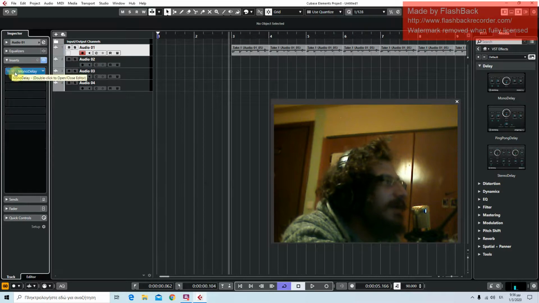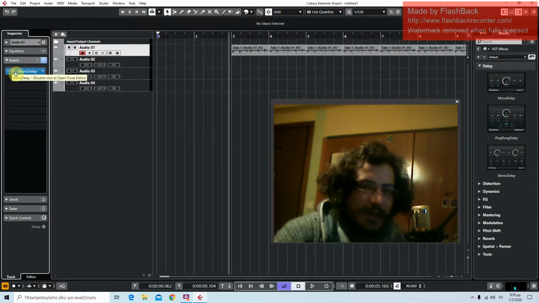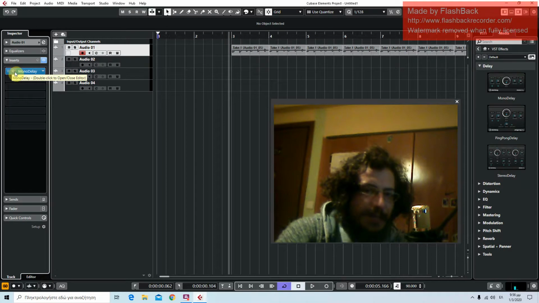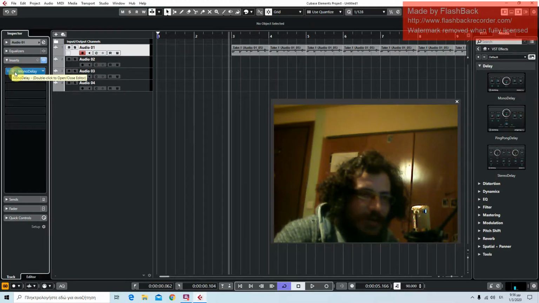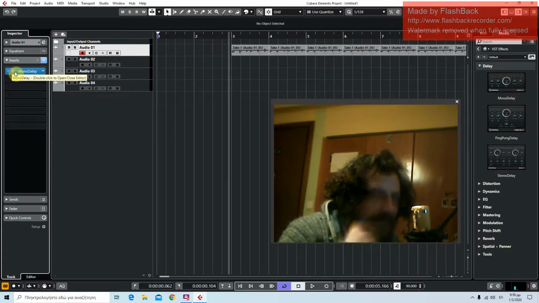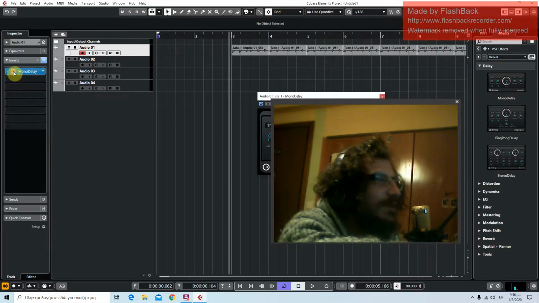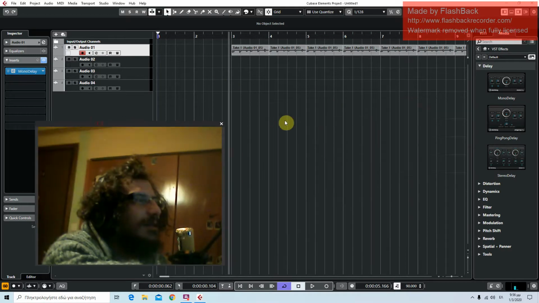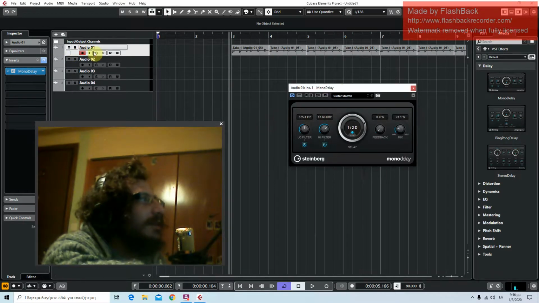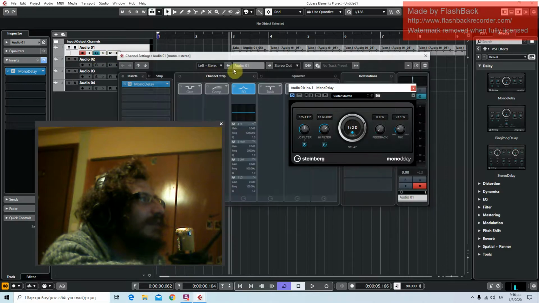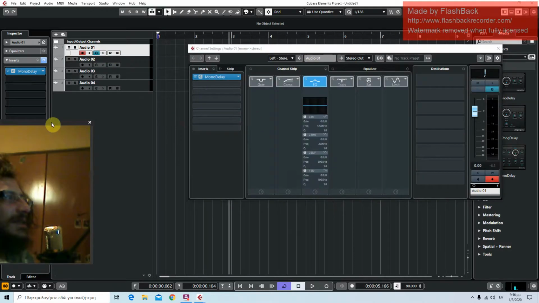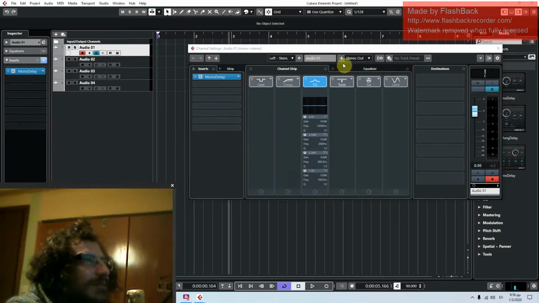And in general in Cubase, the E button means that you open the window that shows the functions of what you have in that area. So here in the effects, if you push E, you see the functions of the effect. Here, if you push it, you see the functions of the audio,